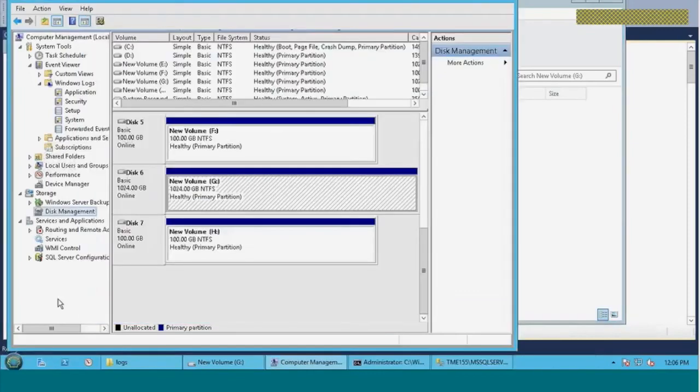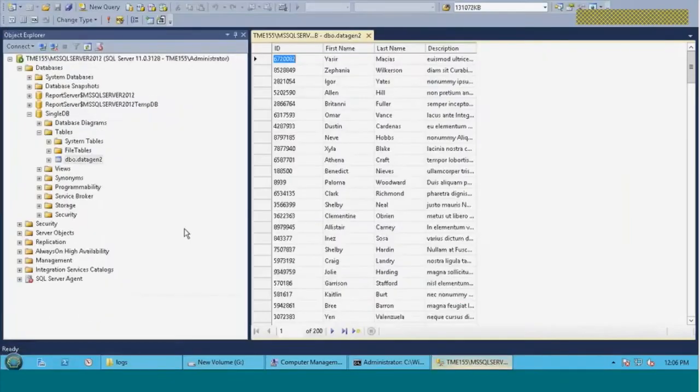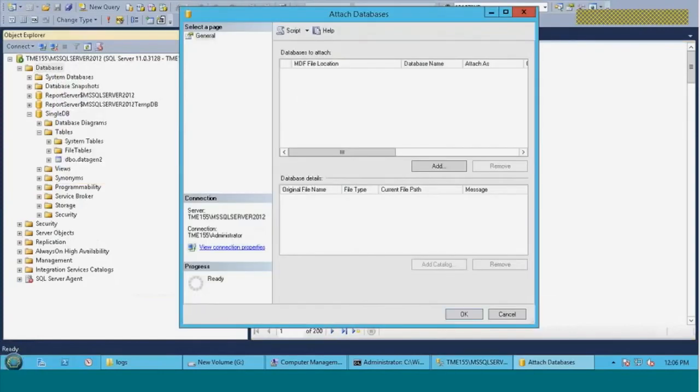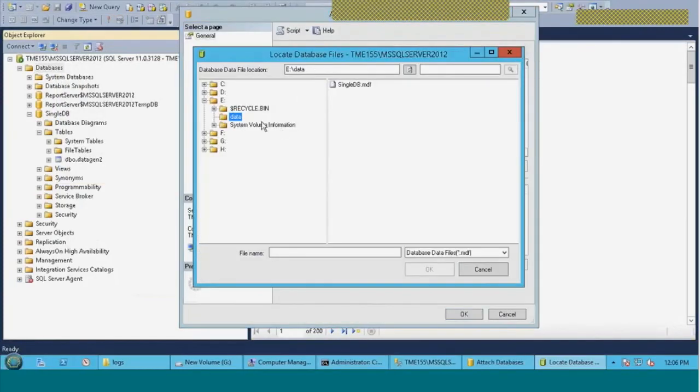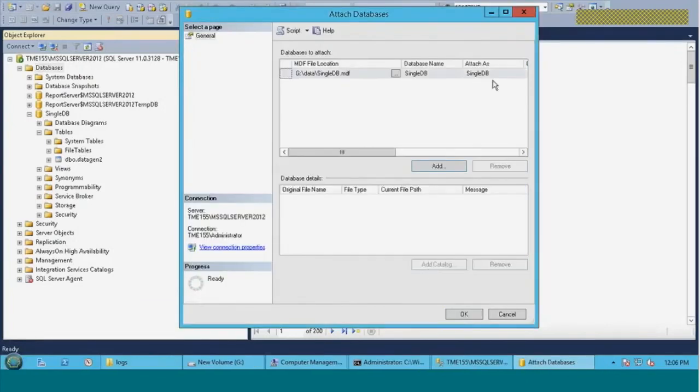So now let's just bring it into SQL. We'll just go over here and we'll attach the database. We'll go out, it's on the G and H location. Don't have to worry about the name. What you're going to do right here is attach it as a different name. I'll just call it single DB2. One thing you want to be aware of is the file locations. I picked this